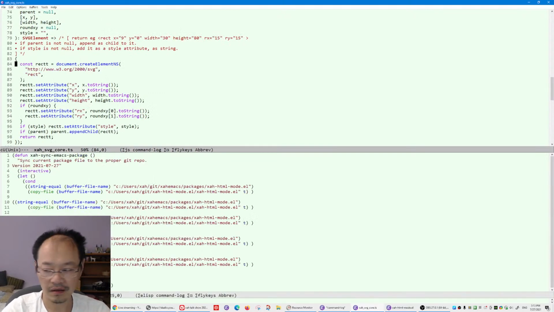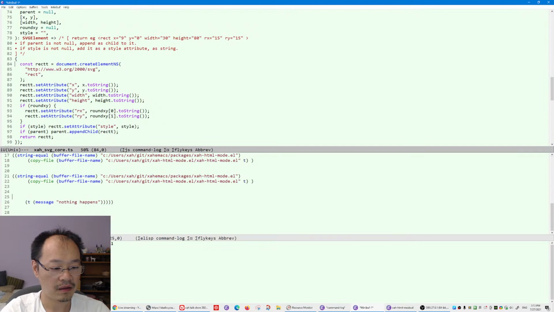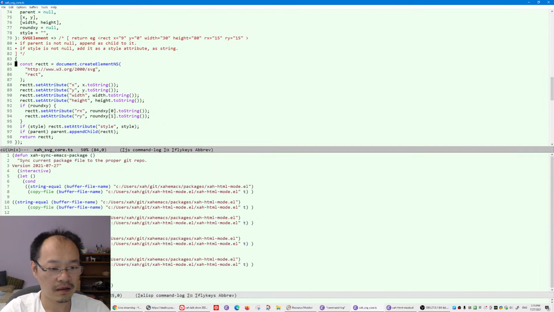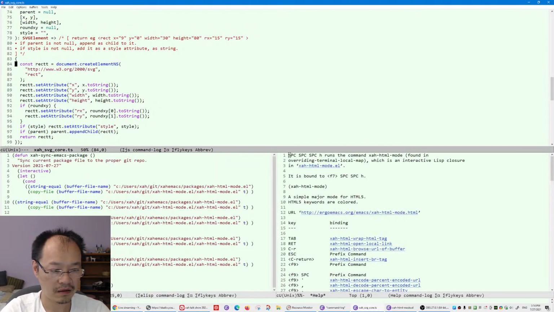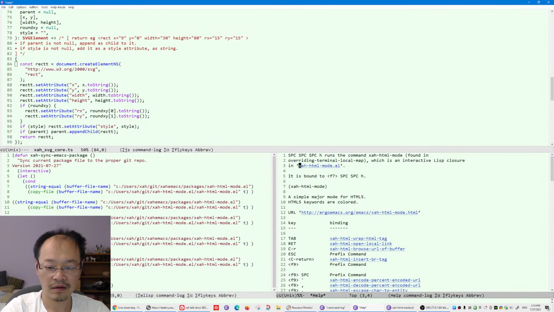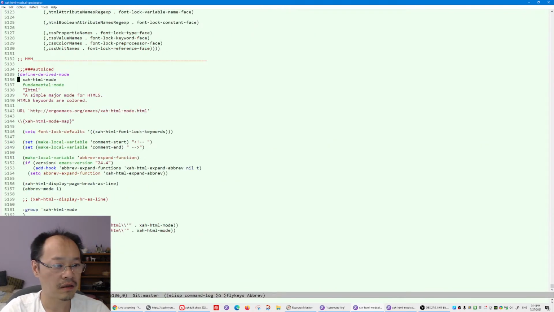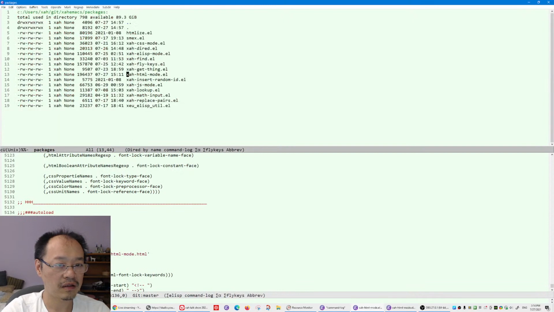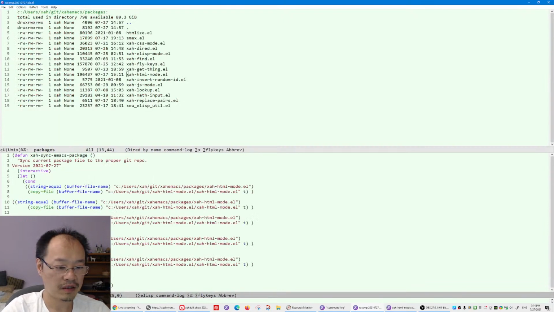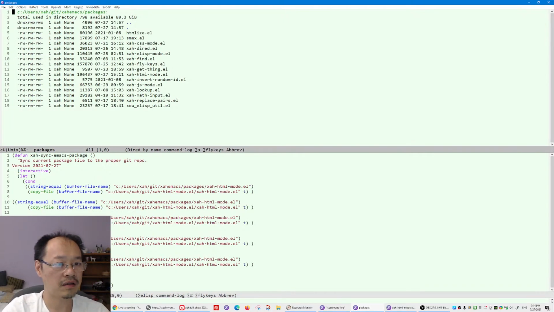Okay. What? Confusing. Okay, now back to my Emacs code. So okay, so the other file is that